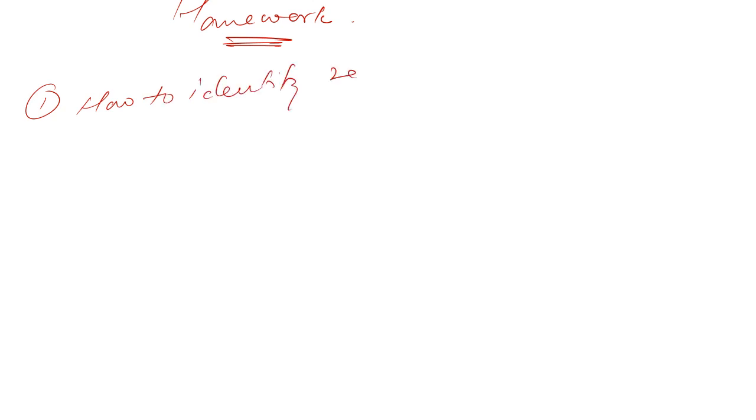Now let me leave you with a homework. Don't worry, the lecture is not yet finished, but let me give you a homework. Point number 1: as I showed how you can identify reflexive, irreflexive, symmetric, asymmetric, anti-symmetric relation from the matrix, now you will tell me how to identify relation properties from the digraph.